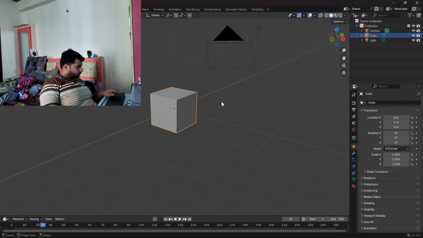And that adds it right in the center of my scene, where my 3D cursor is. It's a circular outline with white and red chips, and it's selected. If I select something else like the light, then you can't actually see our plane anymore because it's inside my cube. And if I try and select it, it's very difficult because I'm selecting the cube instead. What we can do is come up to the outliner to select it, which makes it a lot easier. The outliner is a window that shows all the objects in the scene, and I'll be talking more about that